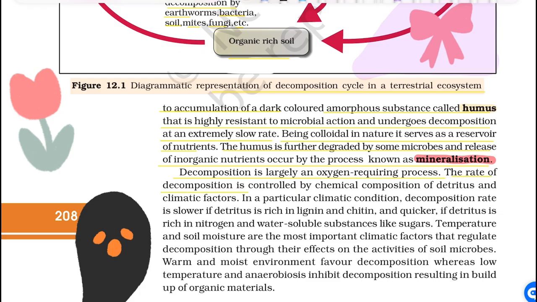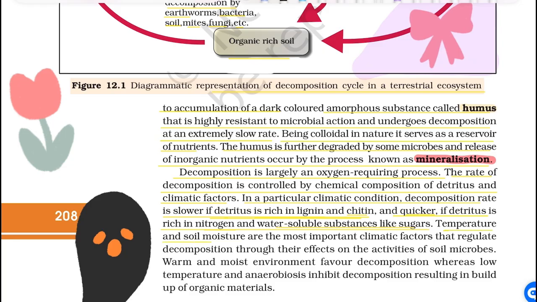The rate of decomposition is controlled by chemical composition of detritus and climatic factors. In a particular climatic condition, decomposition rate is slower if detritus is rich in lignin and chitin, and quicker if detritus is rich in nitrogen and water soluble substances like sugar. This is important. Decomposition rate is slower if detritus is rich in lignin and chitin, and quicker if detritus is rich in nitrogen and water soluble substances like